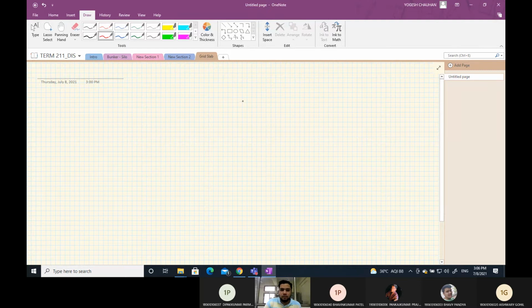Today we'll start with the new topic, that is design of grid slab. In the previous semester, you have gone through design of flat slabs. In the same line of action, we will cover the grid slab in this course. Both the flat slab and grid slab are used to cover large floor areas. So the grid slabs are also one of the alternatives to cover the large floor area. So let us start.